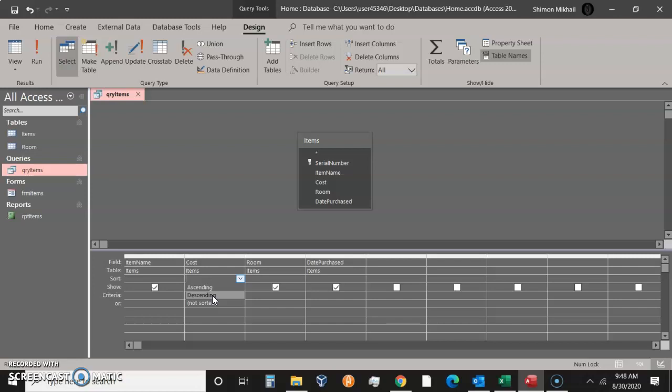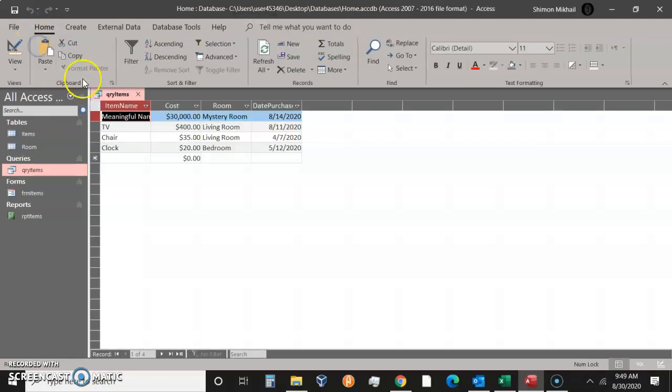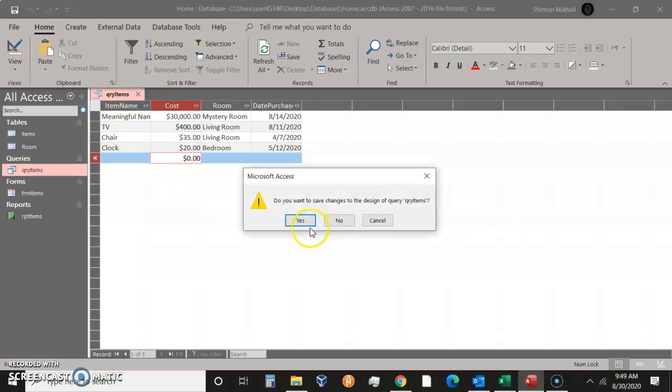So the items that cost the most will be at the top, and the items that cost the least will be at the bottom. So let's go ahead and select that, and before I save it, let's run it and see what that query looks like. So we click Run, and the most expensive item is at the top, and we can see the items are now sorted in descending order. Let's go ahead and click Close. We're going to save the changes that we just made,